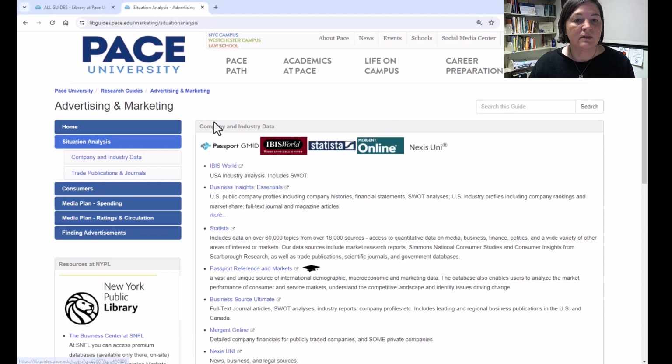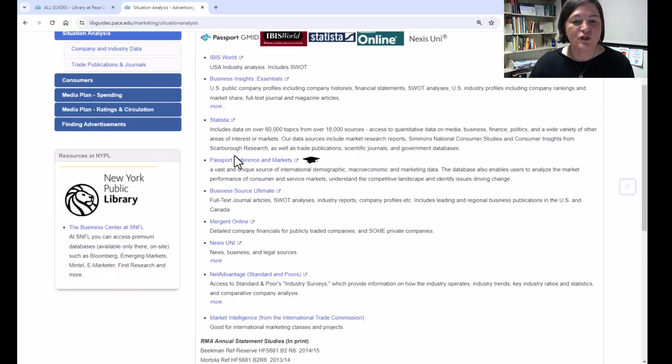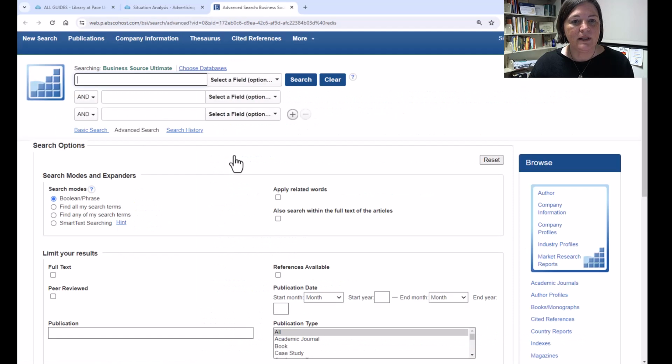So Business Source Ultimate is available from the library website at library.pace.edu, but it's also available from the Advertising and Marketing Research Guide, which you have the link for in the document. So here's Business Source Ultimate. We'll go ahead and get started. And again, if you're accessing these databases from off campus, you will be asked to log in with your PACE